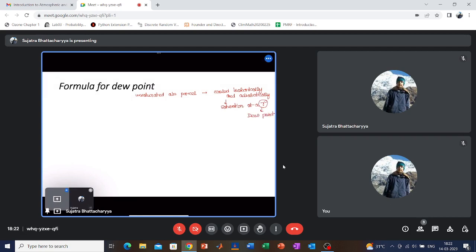Now here what I will do is that I will introduce a formula for the dew point. For that, I will just start with the concept of the relative humidity. What is relative humidity? RH. Relative humidity is actual vapor pressure divided by saturation vapor pressure, or actual mixing ratio divided by the saturation mixing ratio. I am representing W with mixing ratio. People represent R with mixing ratio also. Okay. Now, relative humidity becomes 100% or equal to 1. If we multiply by 100%, then it will be in percentage. Should be equal to E by ES or W by WS. That means